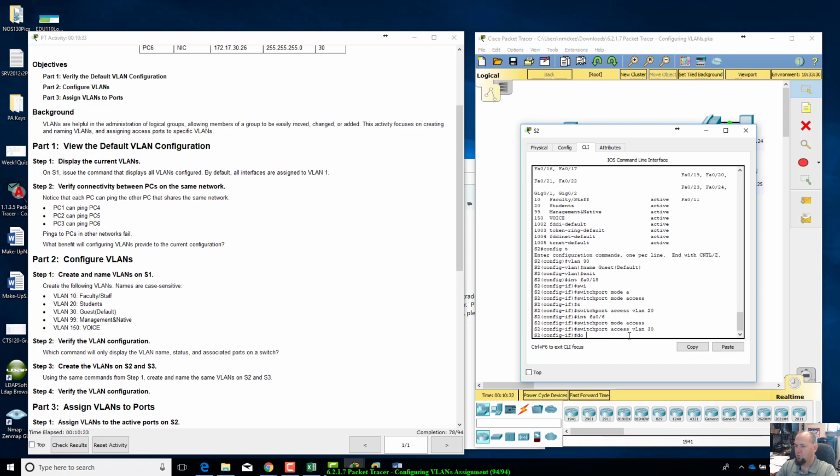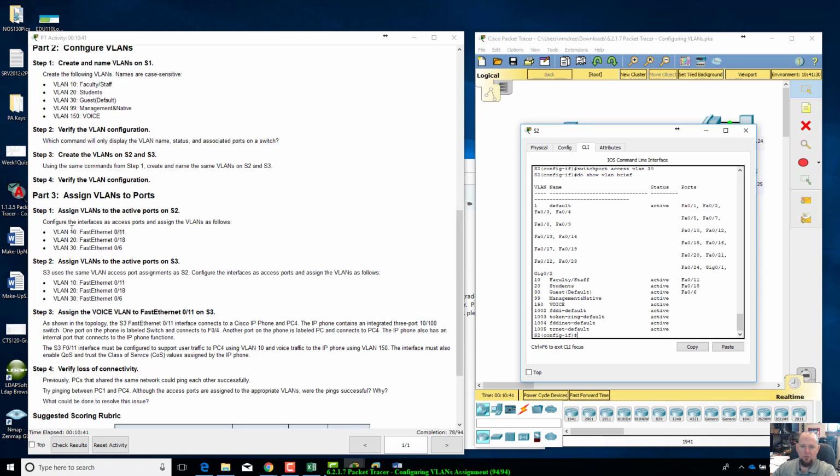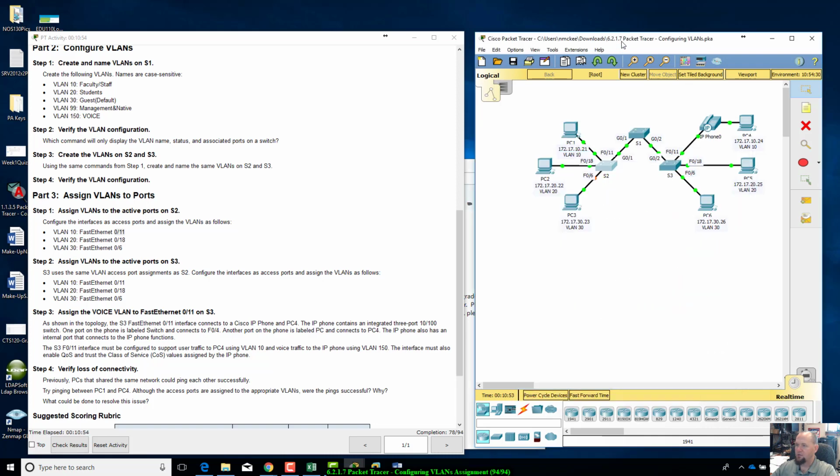And I can do a do show VLAN brief. Okay, 11's on 10. Let's go back down here. 011's on 10, 018 is on 20, and 06 is on 30. Alright, it's good to go. So that's our S2, and S3 uses the same VLAN access port assignments as S2. Alright, so let's go to S3,